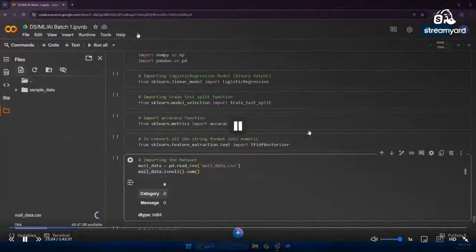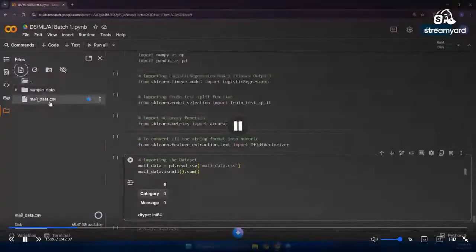Once you have uploaded the data set, you should get this. And what you're supposed to do is just double click on it. Okay, just double click on it. Don't worry about all this. I'll explain everything. Just